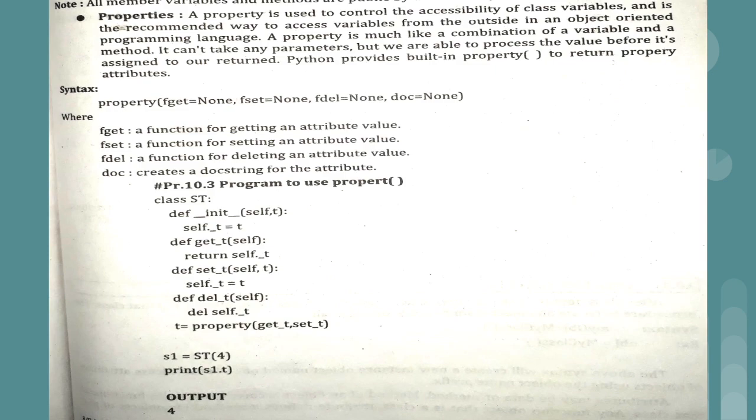And after that, t = property(get_t, set_t), means we are actually calling both the property methods which we have created, because now we want to store the private variable value, that is the local value, to the global variable, which is by default private in nature. So inside t = property, whatever code we have written in the get method or the set method will be executed and its value is assigned to the t variable. Okay, so now because of this line t = property(get_t, set_t), the actual value of t will change.